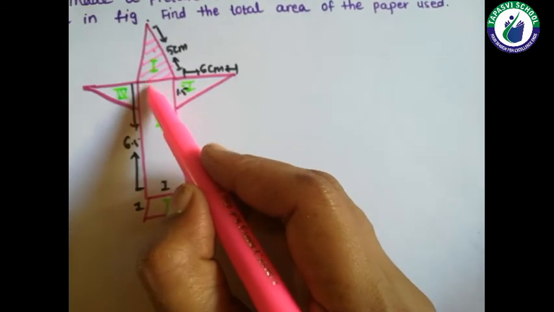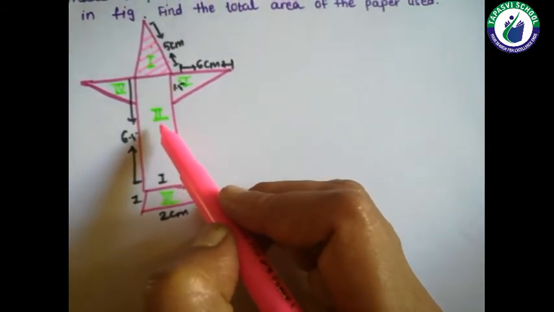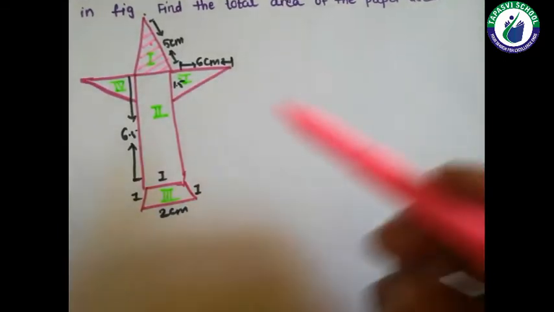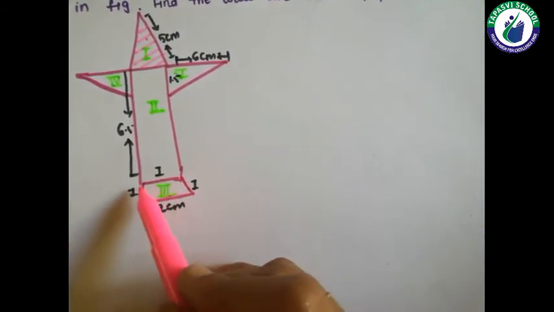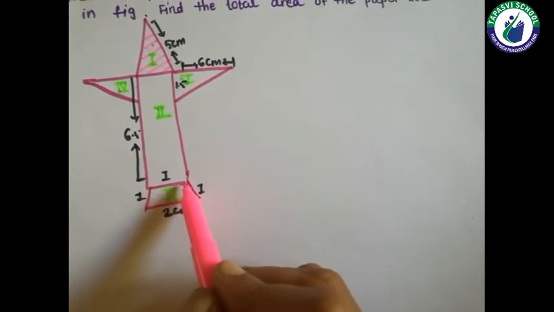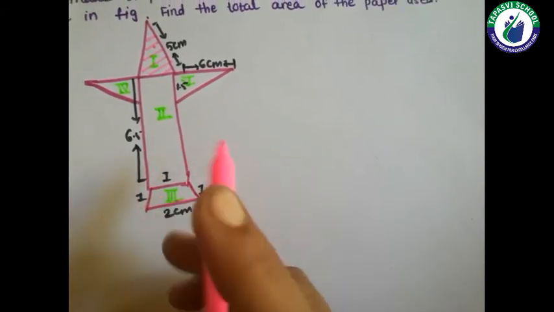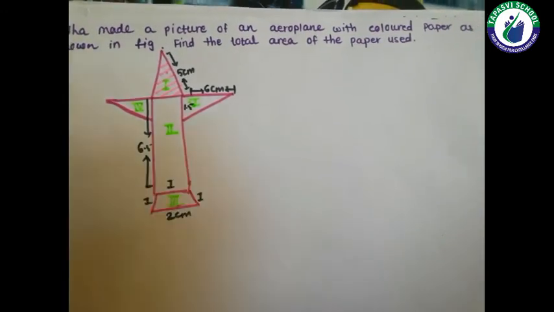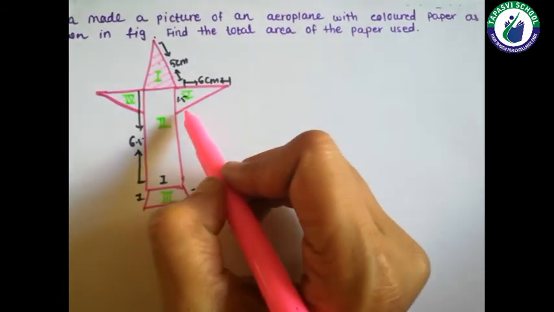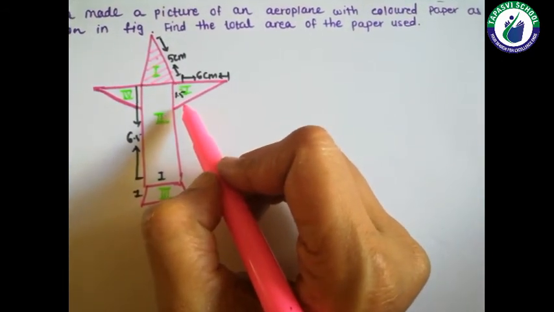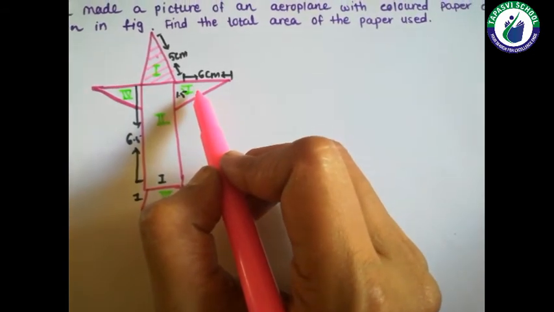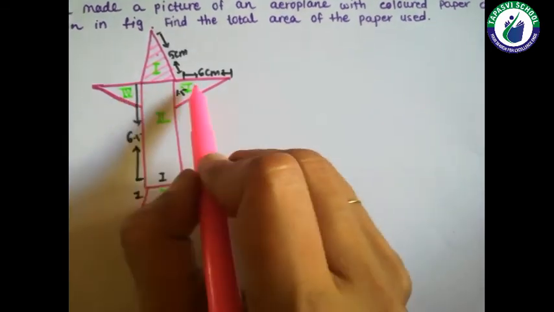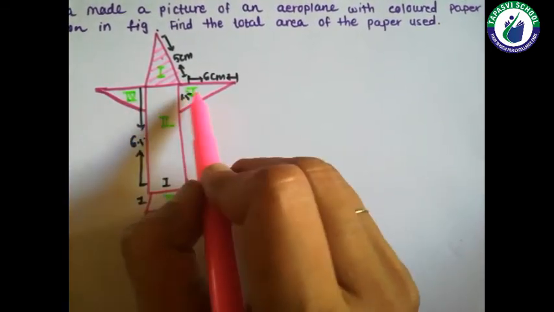Second shape is given in rectangular form. So here we will find the area of the rectangle. Third portion is in trapezium shape. So here we will find the area of the trapezium, and these two wings are the same. So this wing is in the form of a right angle triangle. So one upon 2 base into height we will apply in this. Whatever answer we get for one triangle, we will multiply it by 2 so that we get the area of both the wings.